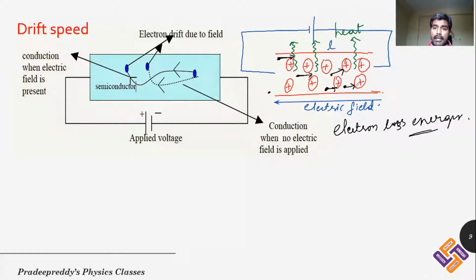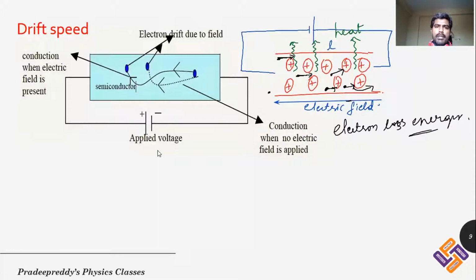But what would happen? Electric field is not absent. Electric field is present over here. This electron is again forced to move in the same direction as the initial direction. Therefore, electrons come, hit with the ions, collide, lose some energy in the form of heat, and again they get forced by the electric field to move in the same direction. Like that, electrons continuously tend to move in the direction opposite to that of the electric field throughout the metallic conductor, by losing energy and through collisions.